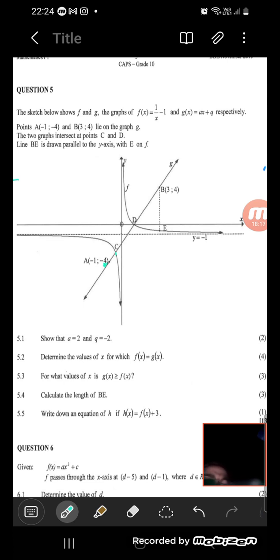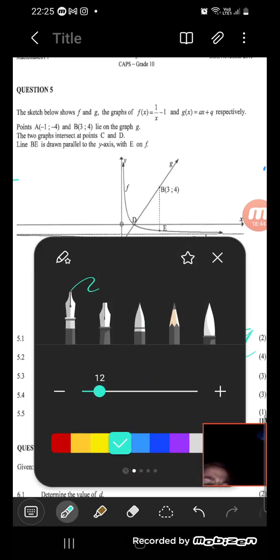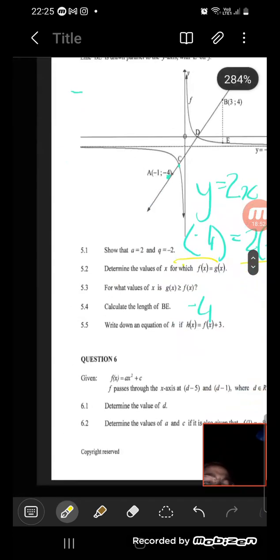We've got point A. So let's see. y is equal to 2x plus q. Let's put that in. Minus 4 is equal to 2 times minus 1 plus q. So, minus 4, remember, whatever we do to this side, we've got to do to this side. I have minus 2 here, so I'm going to plus 2 so that I have,